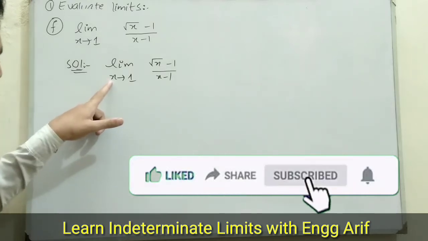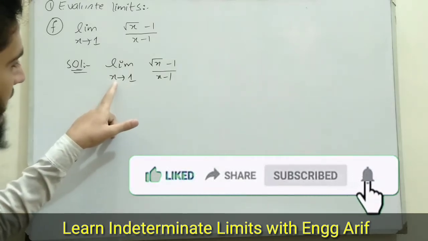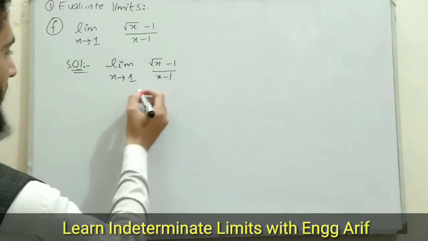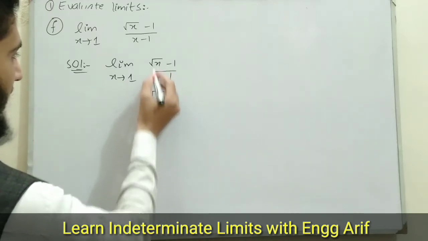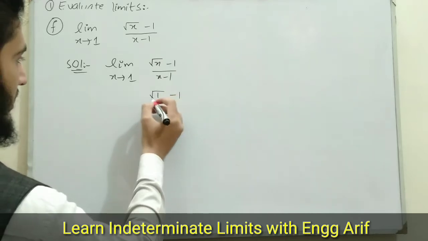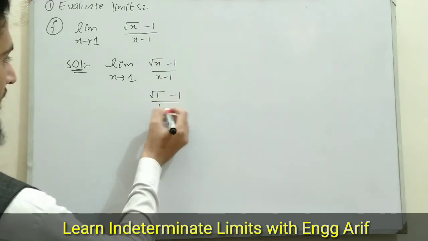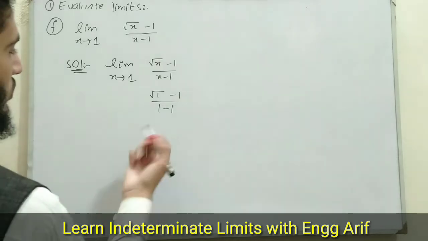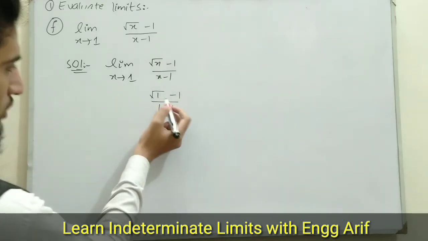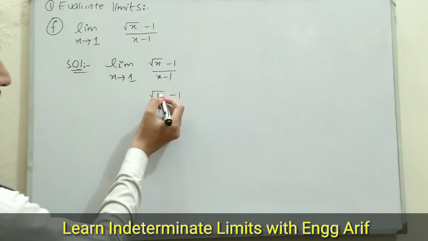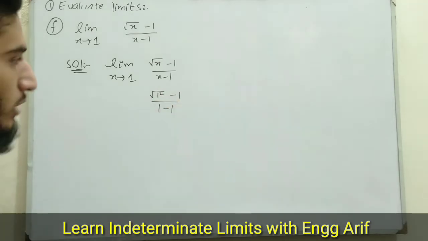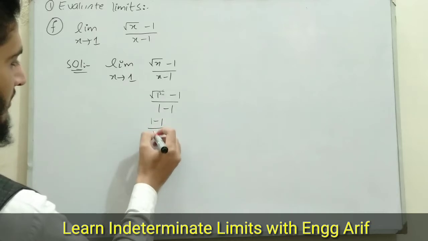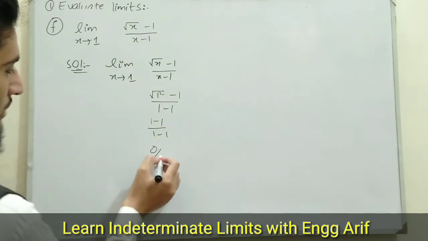Here if we put limit x approaches 1, it means that we are going to put the value of x as 1 over here. So by applying the limit, root of x is 1, so we put 1 minus 1 divided by x minus 1, so 1 minus 1. So root 1 is equal to 1, because we know that 1 multiplied by 1 gives us 1 square, and 1 square again gives 1. So this square will cancel out with the root, so we are left with 1 minus 1 divided by 1 minus 1, which gives us the result 0 by 0.